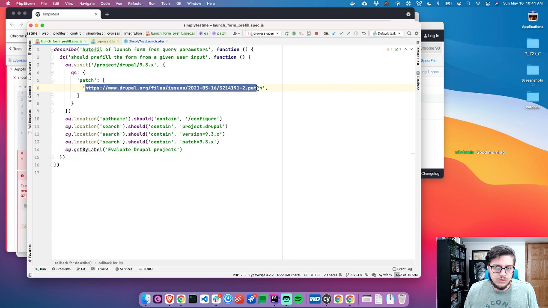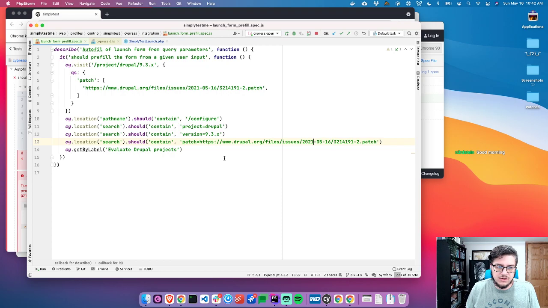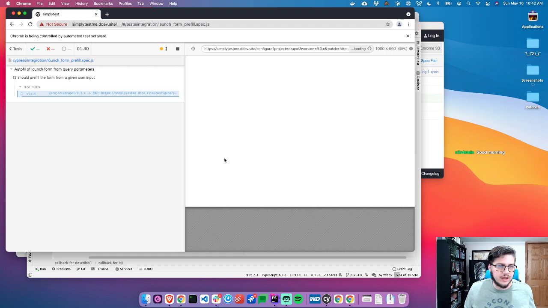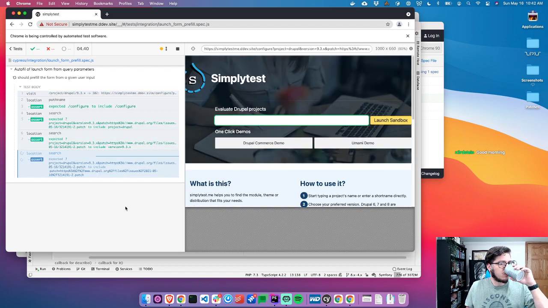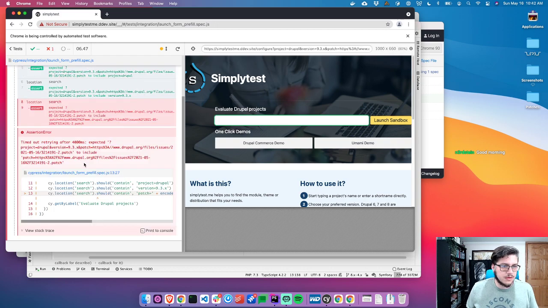Just need to change this, or the easier way, sorry, is to just go here, plus sign, encode URI component. There we go. Now that should all pass. Expected to include, oh, it's not fully, it only URI encoded the